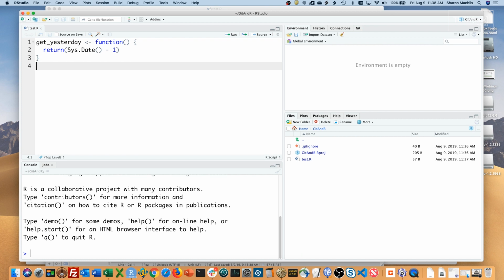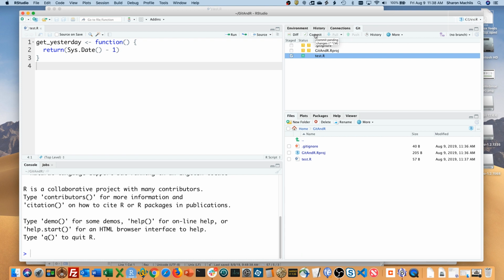So why would you do this? One reason, because Git lets you revert back to a previous version of the file. No more need to save multiple versions of a file: script working.R, script final.R, script really final.R. To commit a file with Git in RStudio, go to the Git tab in the top right pane here. First, select one or more files by checking the box here. That stages the file, which roughly means you've marked it as ready to be committed. To actually commit the file, click the Commit button right here, just above this pane.